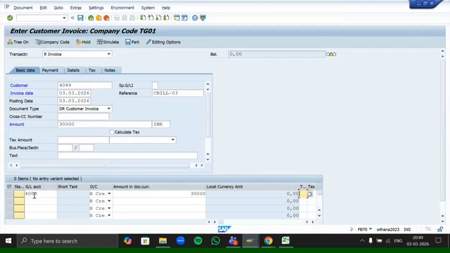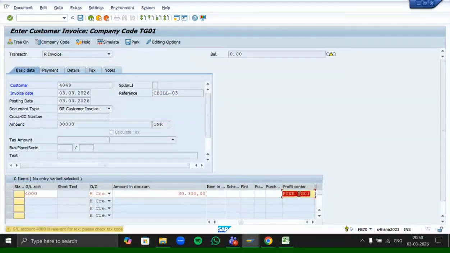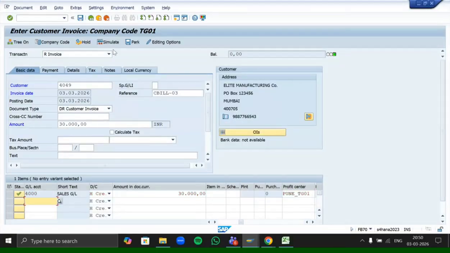And as we are earning a revenue, this revenue is being earned by our company. So that will be booked under the branch, means we need to book our profit center. So let's assign here Pune Profit Center. Yellow error, enter. Click on simulate.